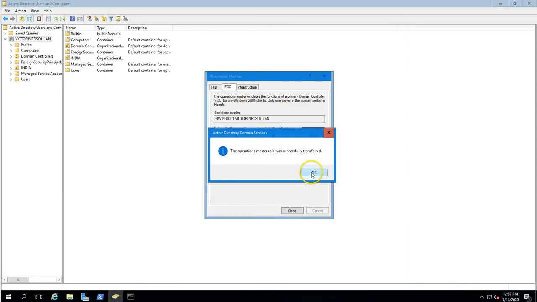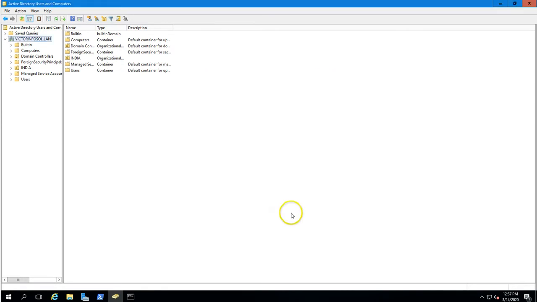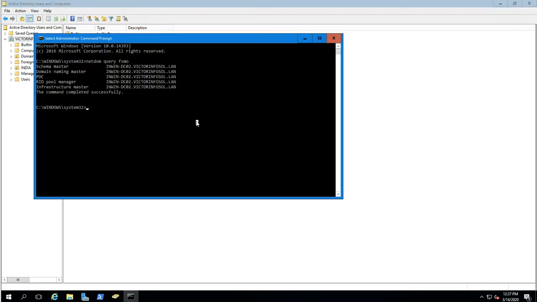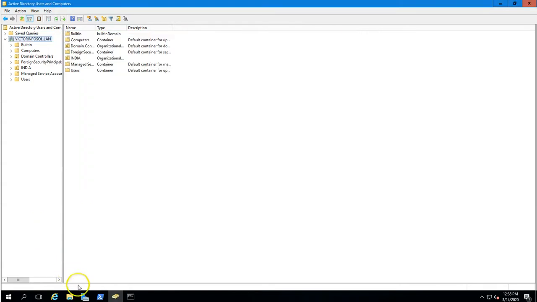PDC is also transferred successfully. So infrastructure is also going to transfer successfully. So this is good, and now you can see we have three roles transferred to DC01 and two are left. So I'm going to